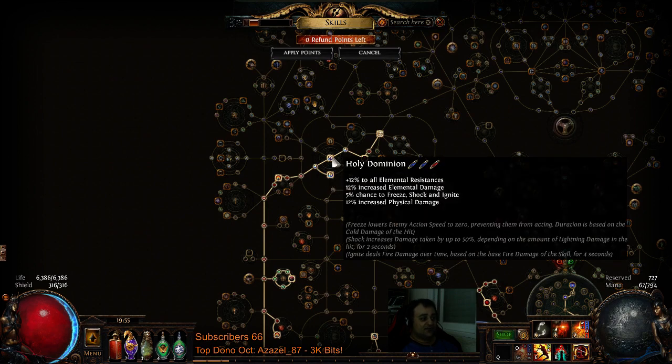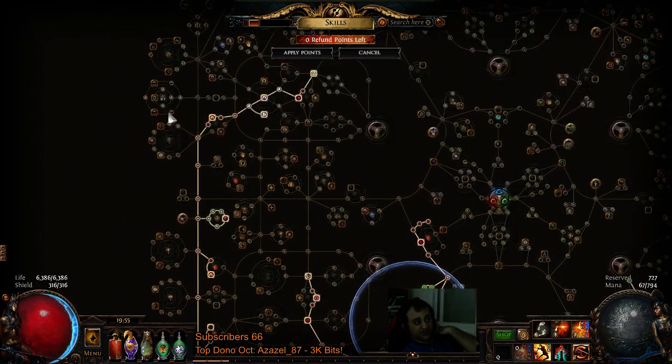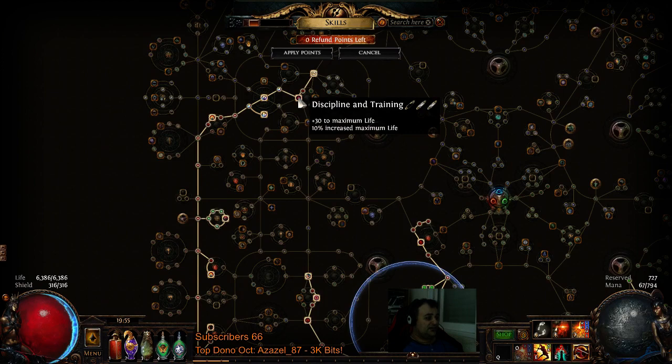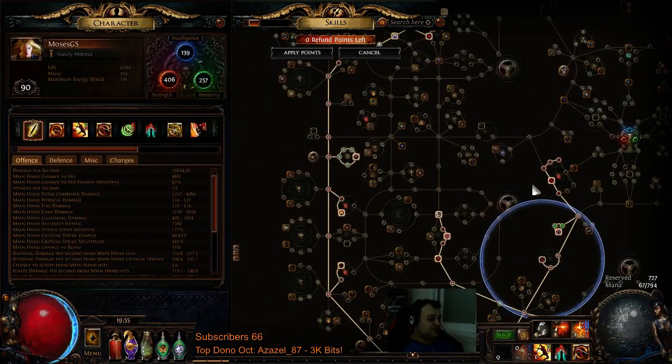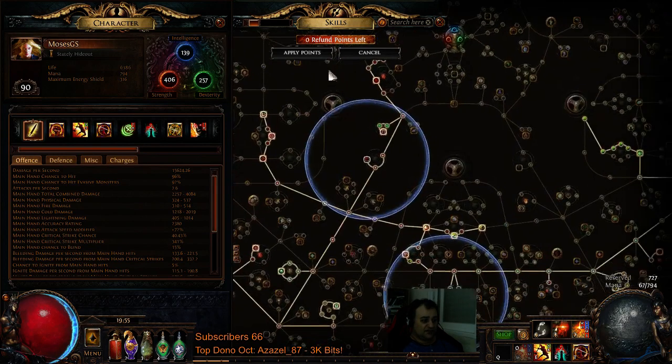The elemental damage with attacks, I did choose Path of the Ranger, and so I had to get rid of all these resistance nodes and this jewel socket. So instead I went through the Templar. That's a lot of life, and I felt like the tree is just simply, you know, better, more efficient, lots of life through here,